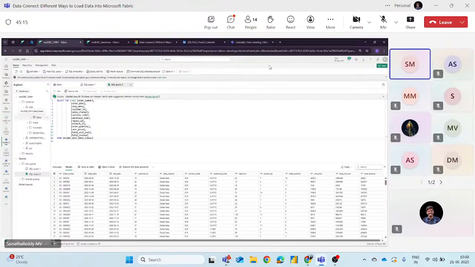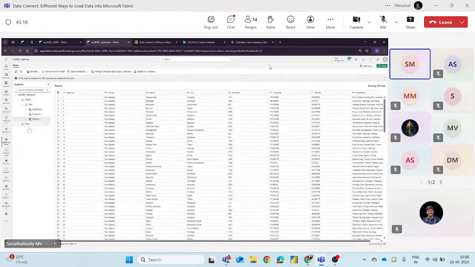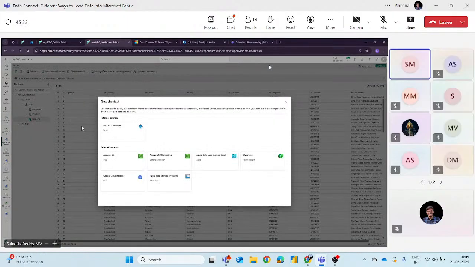There is one more option in the lakehouse, a new schema, where is it, new table shortcut. So this is the shortcut. You can use Amazon S3 or Google Cloud, anything. You don't need to copy and take the entire data again, because that is redundant work and you are storing huge data. You don't want to change anything. You can just take a copy of that data using these shortcuts.